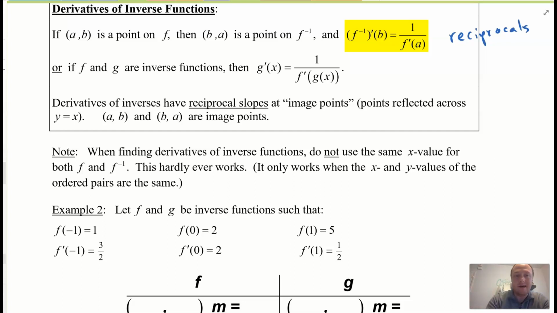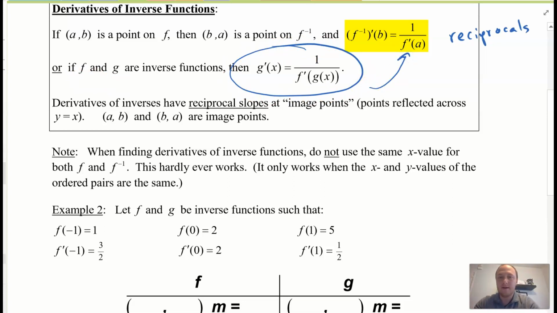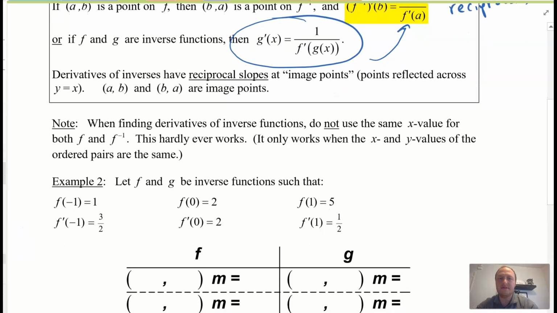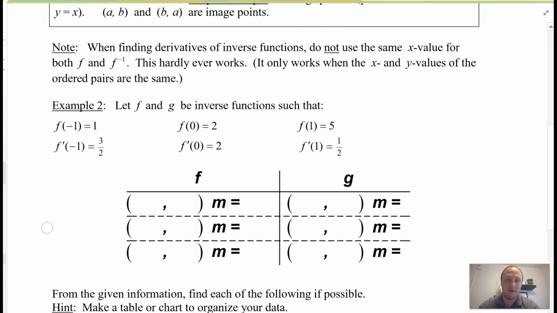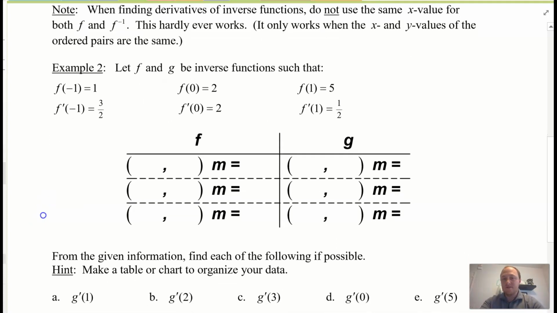Okay, notice that if f and g are inverse functions, you can also use this notation. However, we will mostly be utilizing the notation above. Okay, so derivatives of inverses have reciprocal slopes at image points. So if (a, b) is one point, then the slope will be the reciprocal at (b, a) for the inverse function. Okay, when finding derivatives of inverse functions, do not use the same x value for f